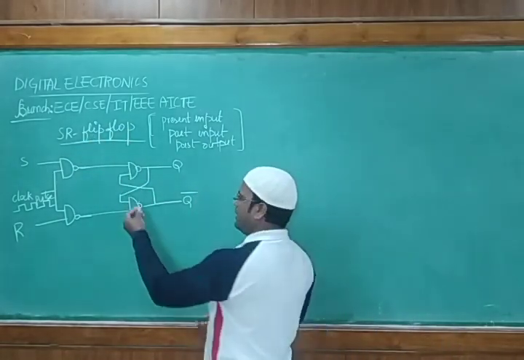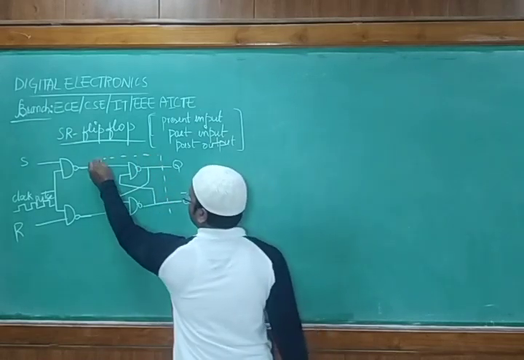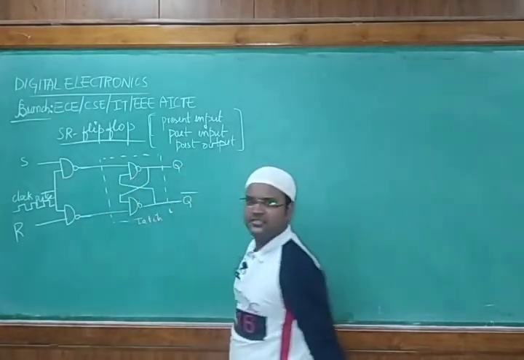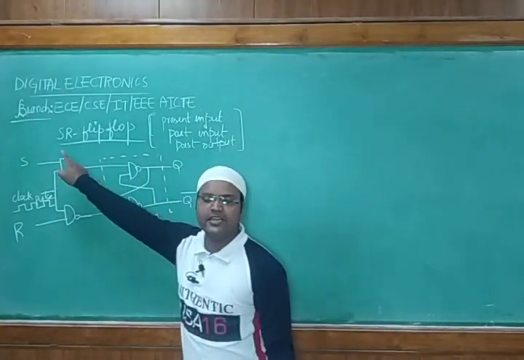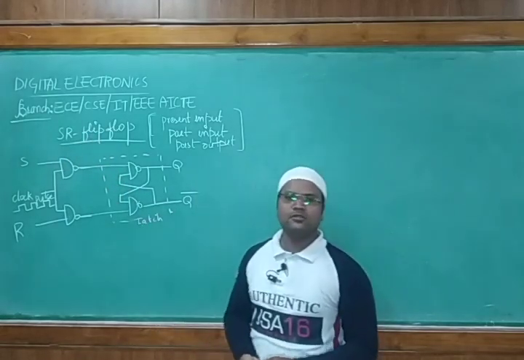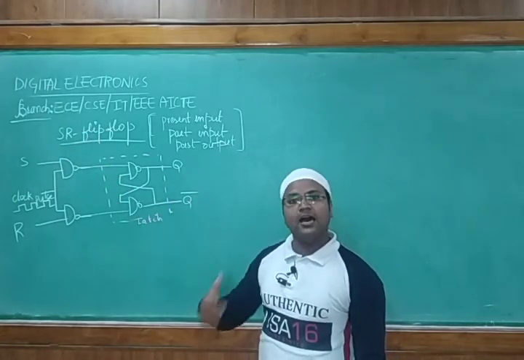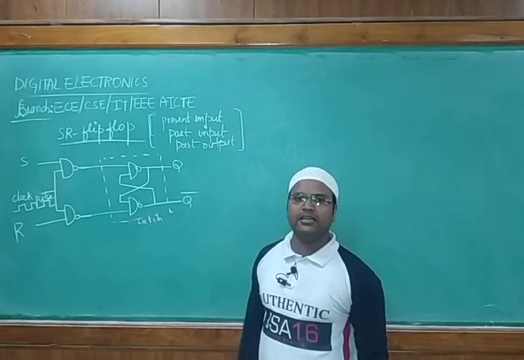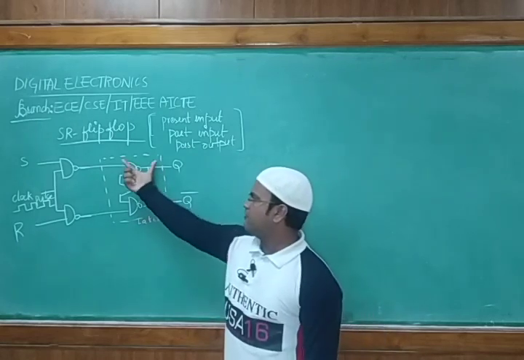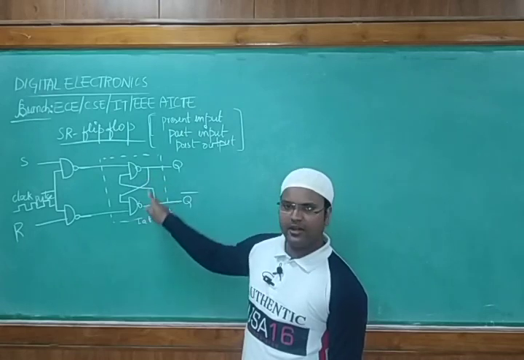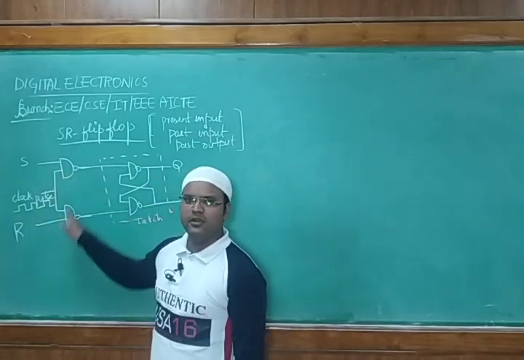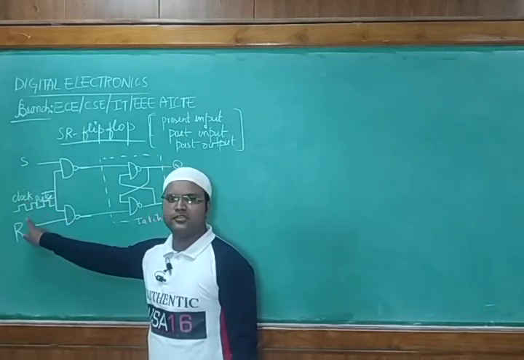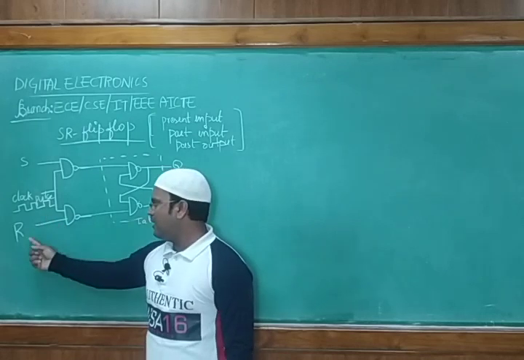So SR flip-flop, till here it is what actually? This particular thing is latch, right? Since we are passing with the help of two more NAND gates, this is nothing but SR flip-flop using the NAND gate. This using NAND gate is exactly the same as SR latch with NOR gate. When you see the truth table of it, it resembles exactly the SR latch of NOR gate. So here, we are taking one SR latch with NAND gates that we are passing to two more NAND gates, and we are giving one clock pulse. Clock pulse is nothing but the combination of zeros and ones. Here reset is there, here set is there.